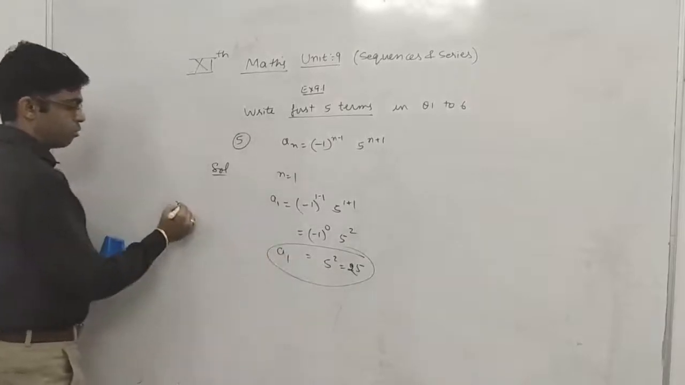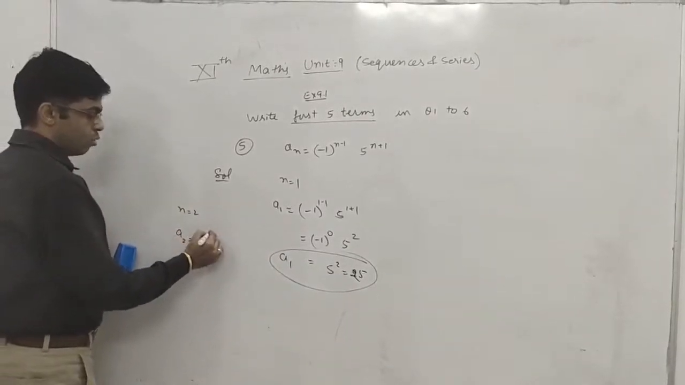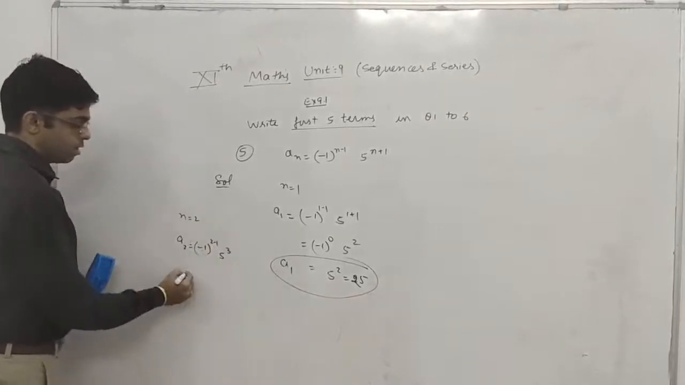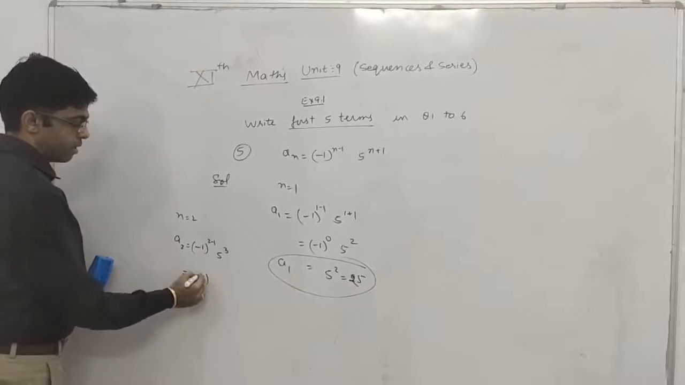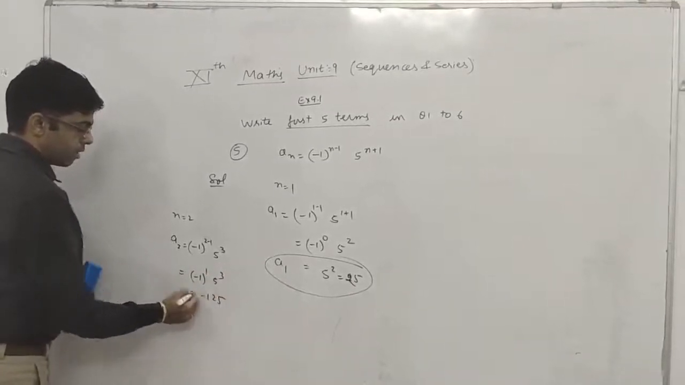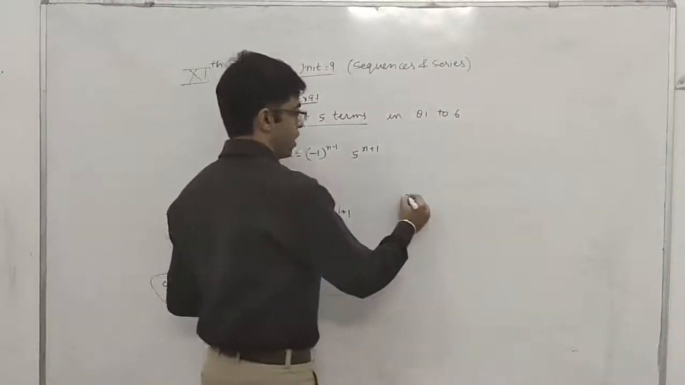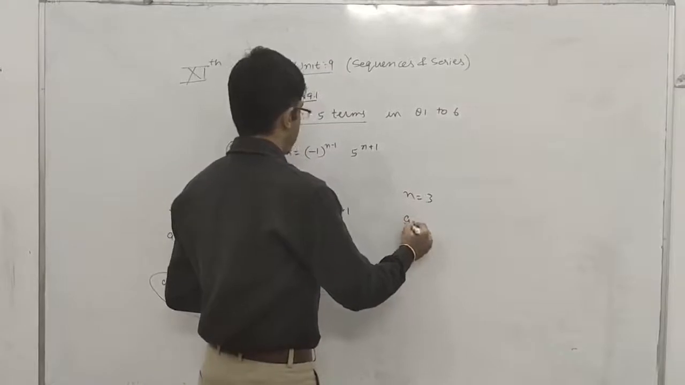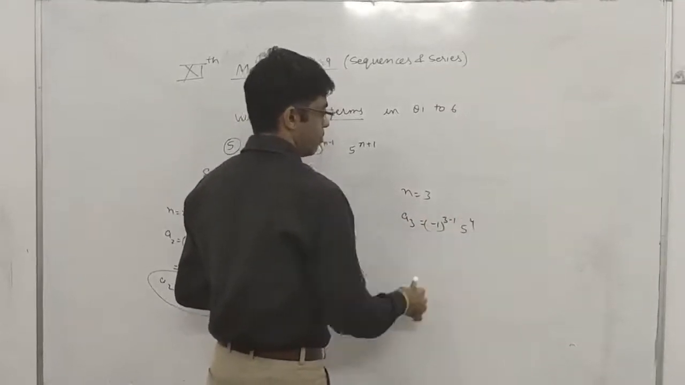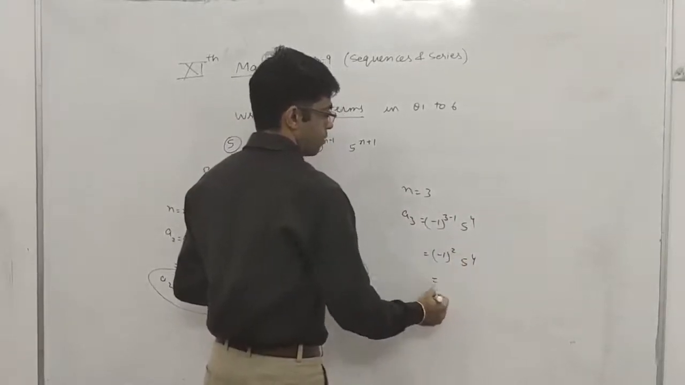Now n equals 2. a2 is minus 1 raised to the power 2 minus 1, times 5 to the power 3, since 2 plus 1 is 3. So this is minus 1 raised to the power 1 times 5 cubed, and this is minus 125. Now n equals 3. a3 is minus 1 raised to the power 3 minus 1, which is 2, times 5 raised to the power 4, is